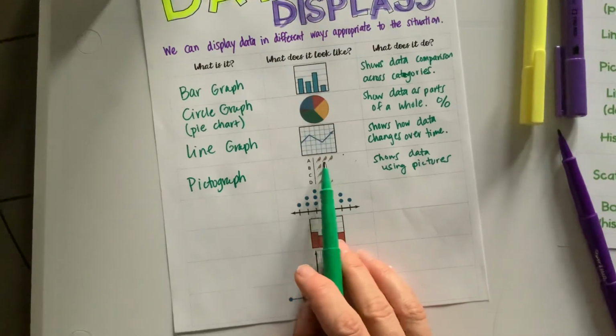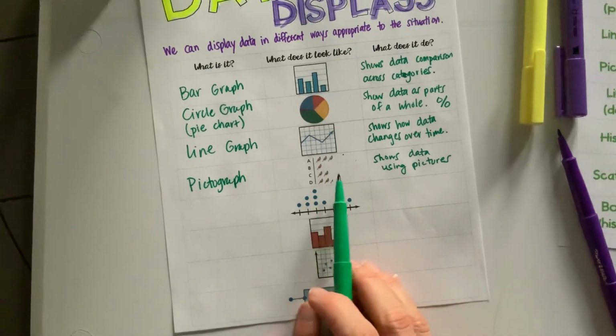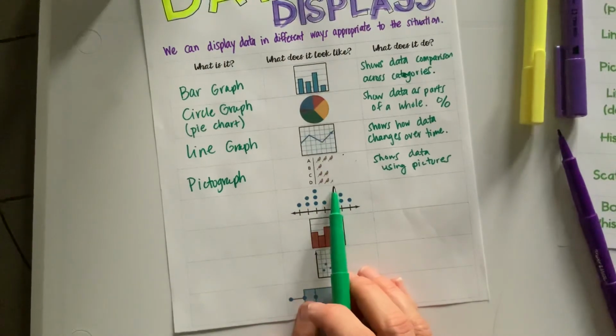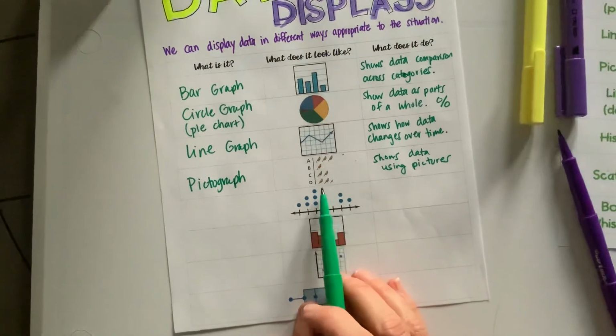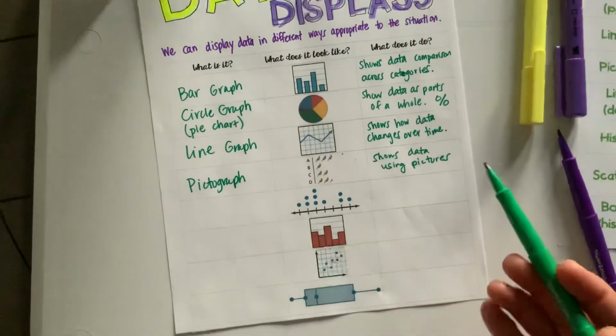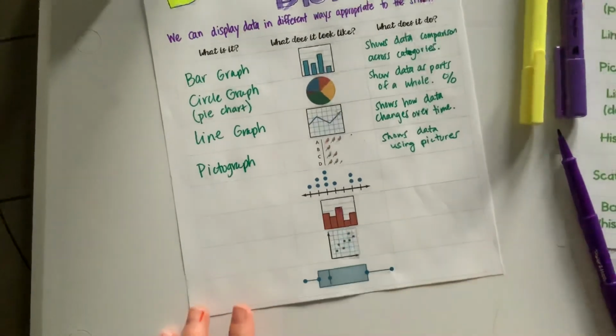Tree A would have 3, 6, 9 birds. Tree B had 3 birds. Tree C had 3, 6 birds. Tree D had 3, 6, and then a third of the bird. So let's say that is another 1 bird. So that would have 7 birds in tree D. And it's just a way to represent the data with pictures. All right, the next type of graph we have